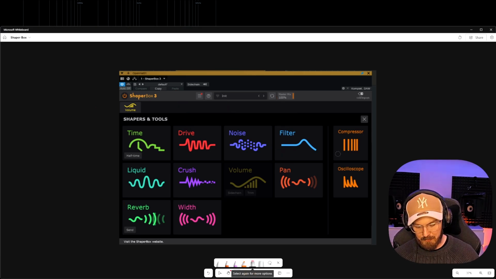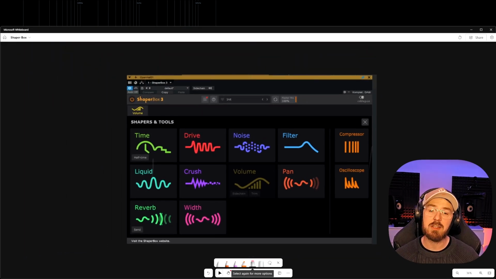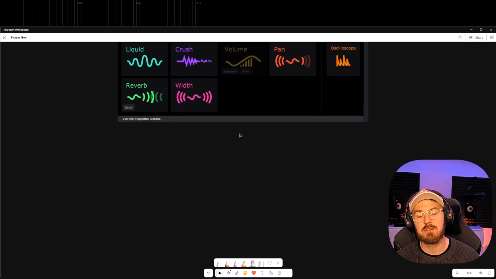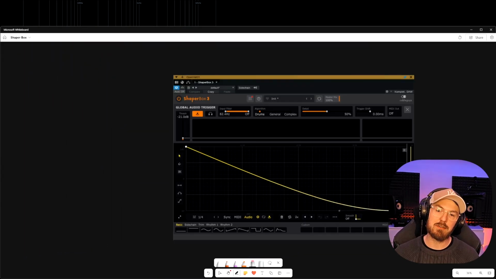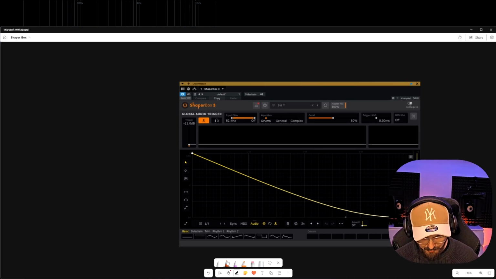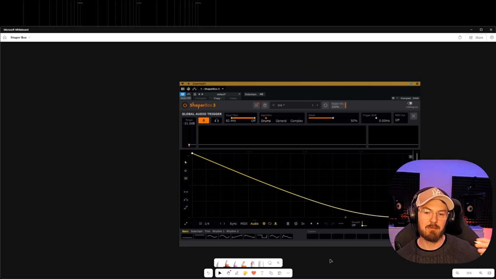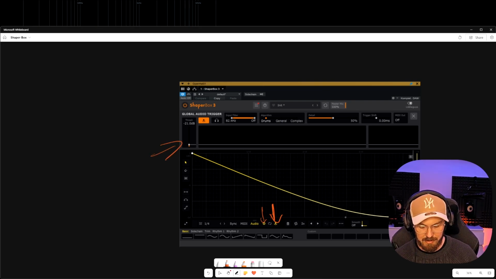Let's move on to the sidechaining function, because I think that's a really cool function. One of the really useful functions of this plugin is the sidechain input. If we want to have the signal affected by a kick or something to do a duck or a rhythm or some type of change in the volume in this example, then we just enable this side input here, and you can click this configuration button and then it gives you more options to